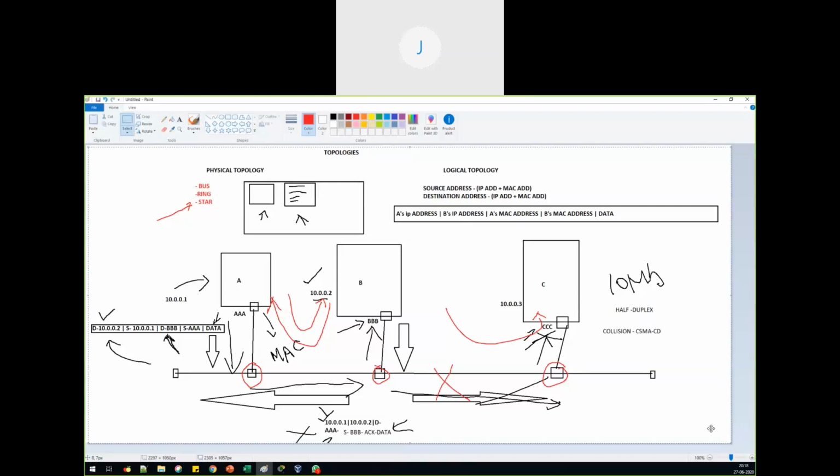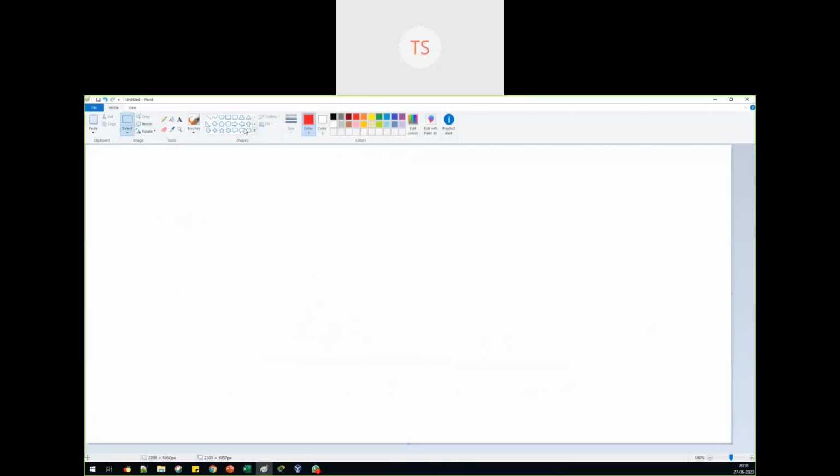So what about ring? For ring, there will be one centralized box where we'll be connecting all our end hosts. It may look something like this: